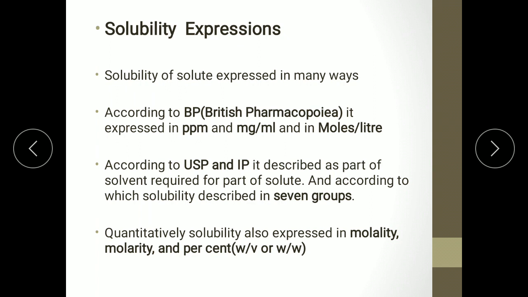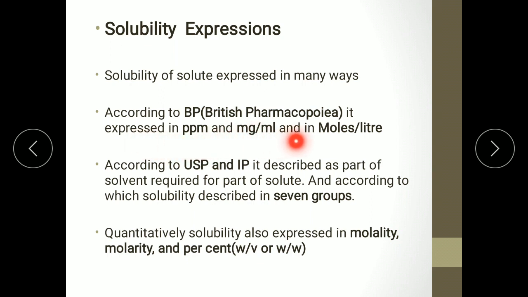Now in solubility of drugs, the first point is solubility expression. Now how will solubility be expressed? Solubility is expressed in many ways, and this will be the first point in your solubility of drugs unit 1. The solubility of a solute is expressed in many ways. According to BP, British Pharmacopoeia, it is expressed in ppm